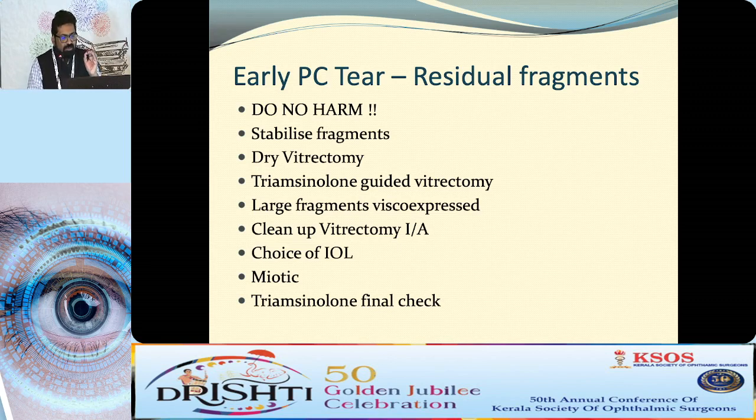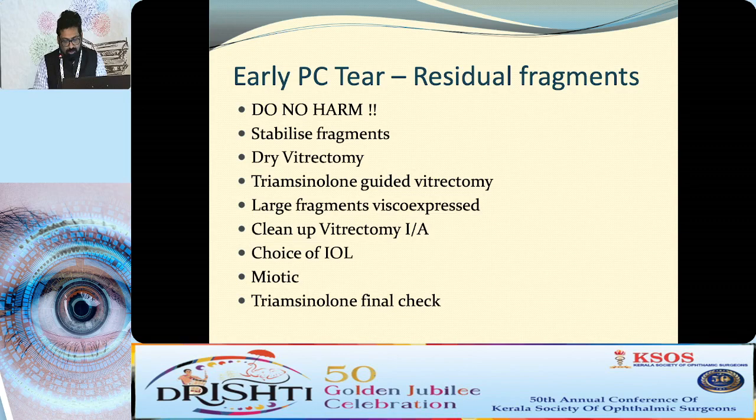You can decide whether to implant an IOL or not. If it is a full hard nucleus which has gone in, and if you think your vitreoretinal colleague may need to float it up with the PFCL and bring it through the main section and remove it, don't put an IOL. In all other cases where you think the VR surgeon can remove it with the fragmatome, place an IOL, do a thorough vitrectomy, let there be no vitreous, place an IOL, do a PI, and do a final check